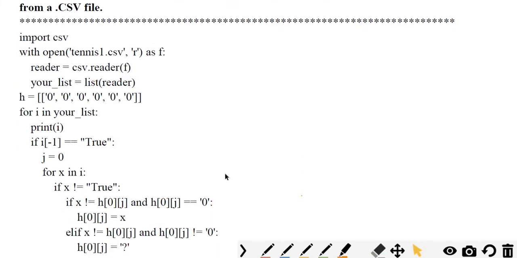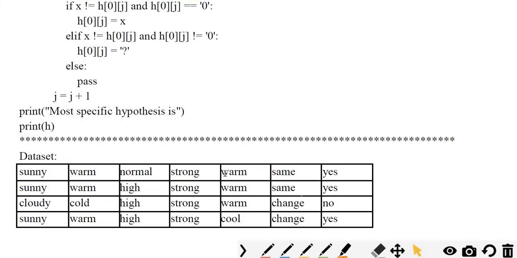So I'll show you the data set also. This is the data set that has 6 attributes, and all 6 attribute values are given here. This last one is the output of that particular day. For example, this is tennis: whether Aldo can play tennis or not. These are the attribute values, and based on those attribute values we can judge whether he can play the